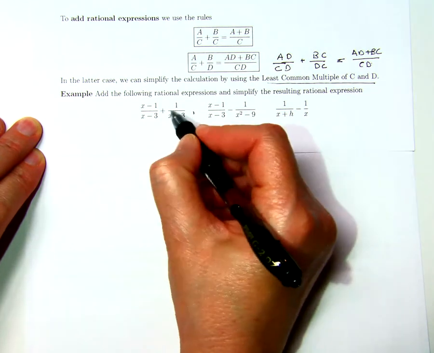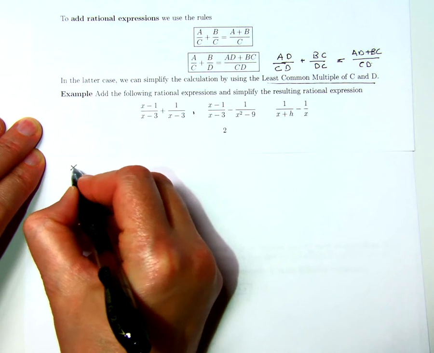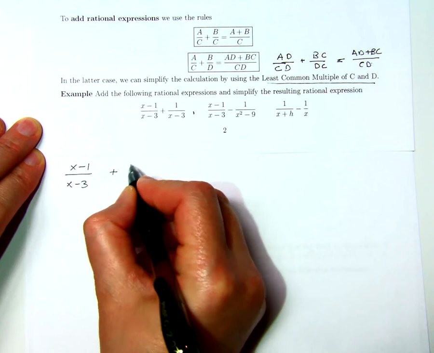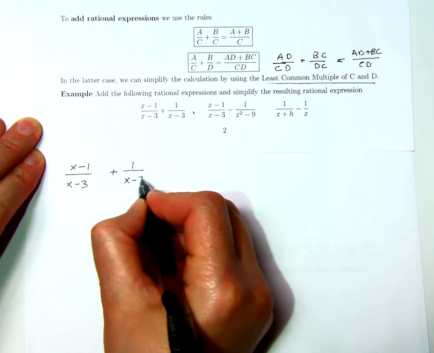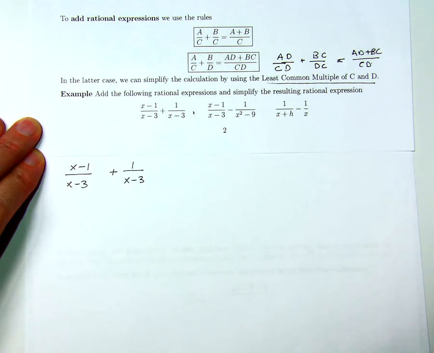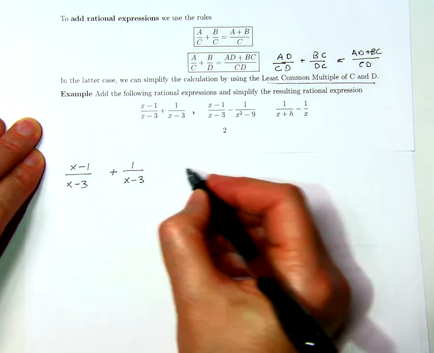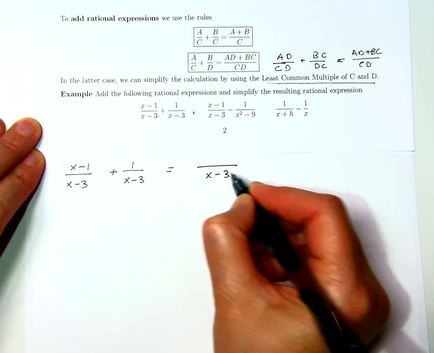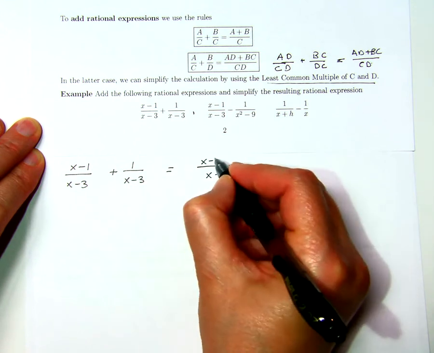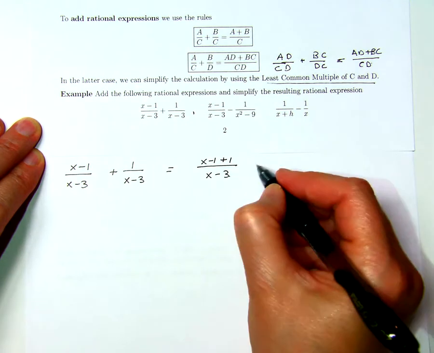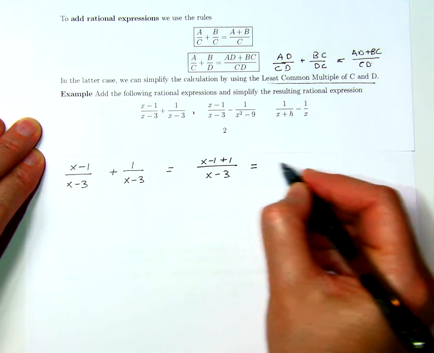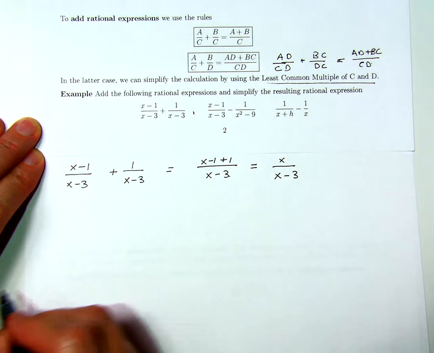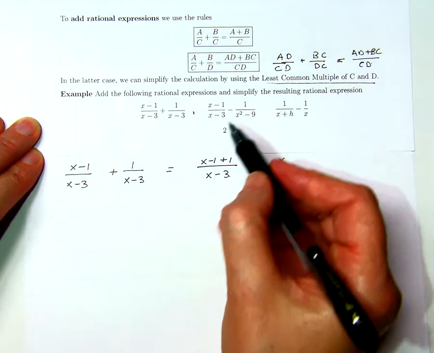So here we have two rational expressions, x minus 1 over x minus 3, and I'd like to add that to 1 over x minus 3. And now the denominator is the same, so according to the first rule, this is just x minus 1 plus 1 over x minus 3, and those 1's cancel, so that's just x over x minus 3. The second one,